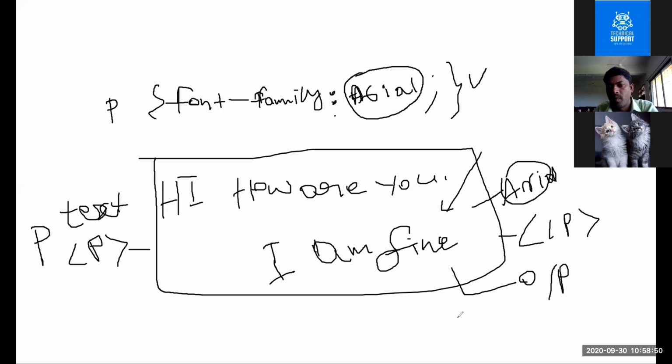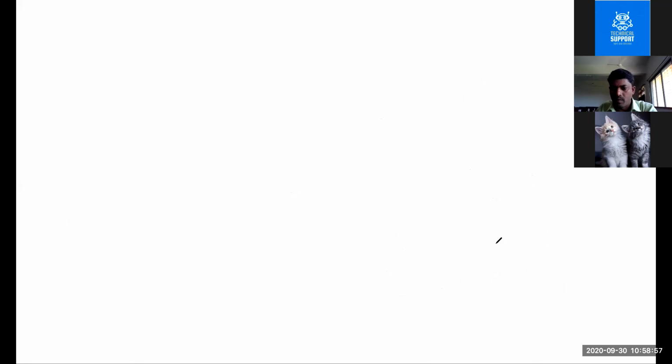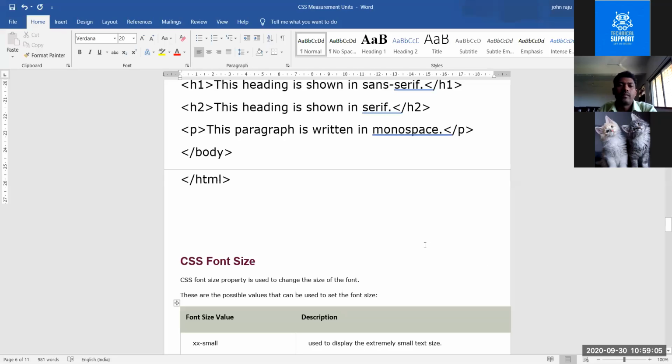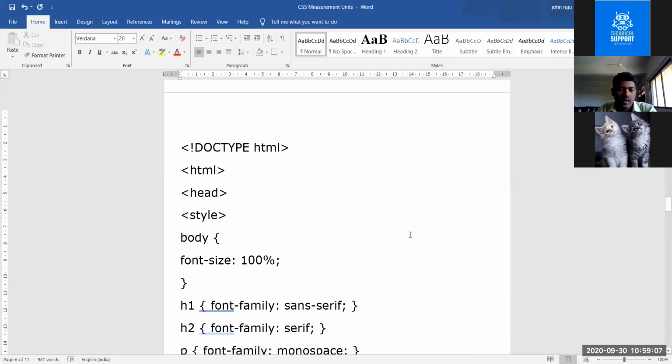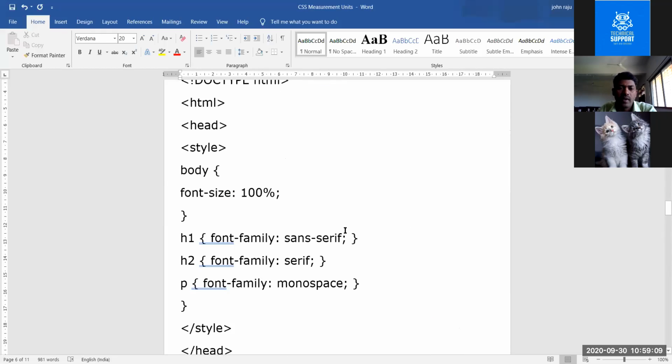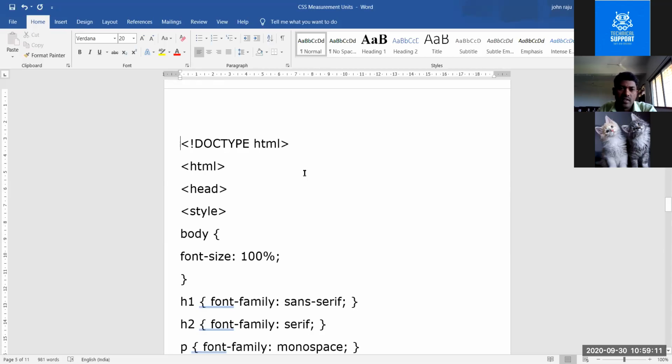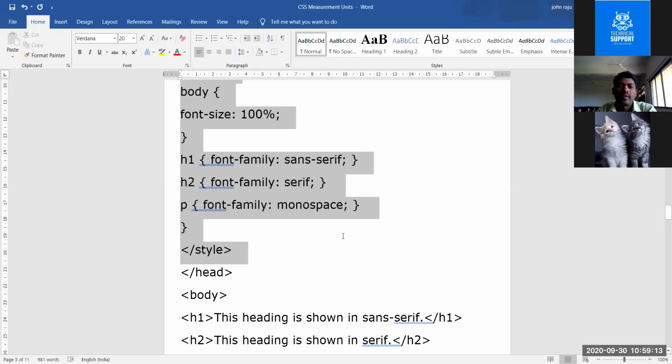Okay, now we'll go to the programming. Now we'll move to the program. First, I'll execute this example program. Later, I will change this programming style.